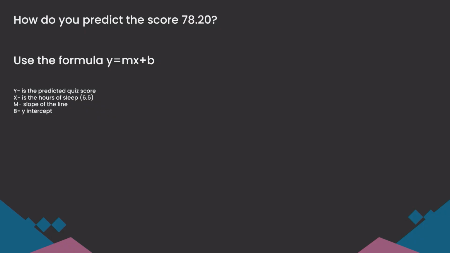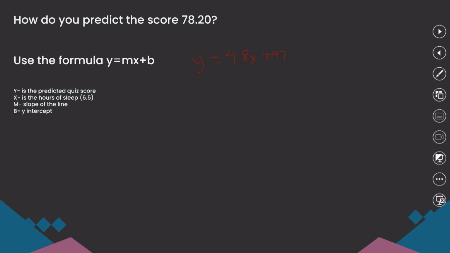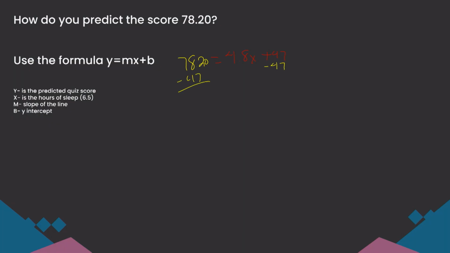So we take what we know. We are looking at y equals mx plus b. So we take y equals 4.8x plus 47. But now instead of y, we are going to use what our grade is, which is 78.20. So what I'm doing is I've found what my y is. I'm just trying to get x by itself. We do that with opposite operations. So I'm subtracting 47 on both sides, and I get,